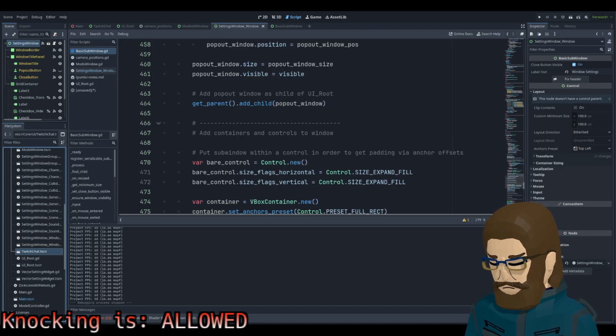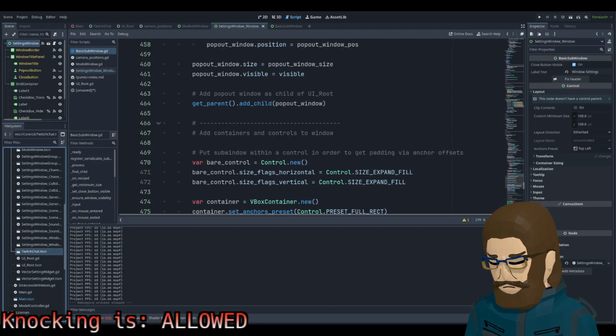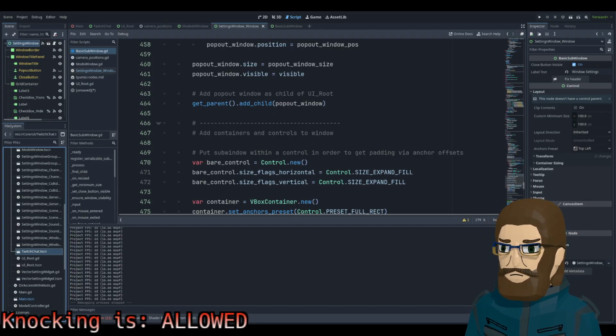Slash UI slash... I guess just Twitch chat window.